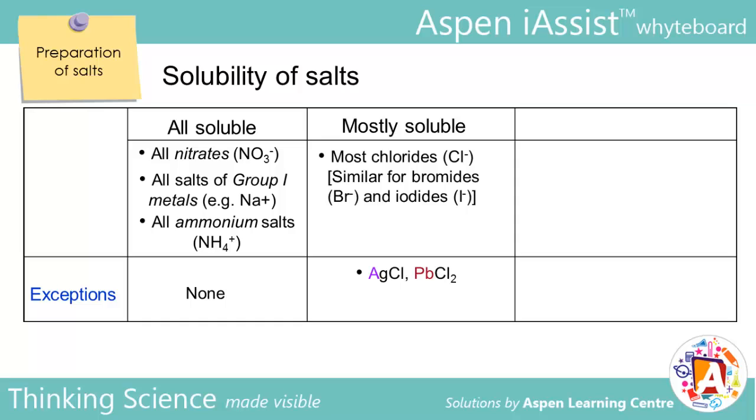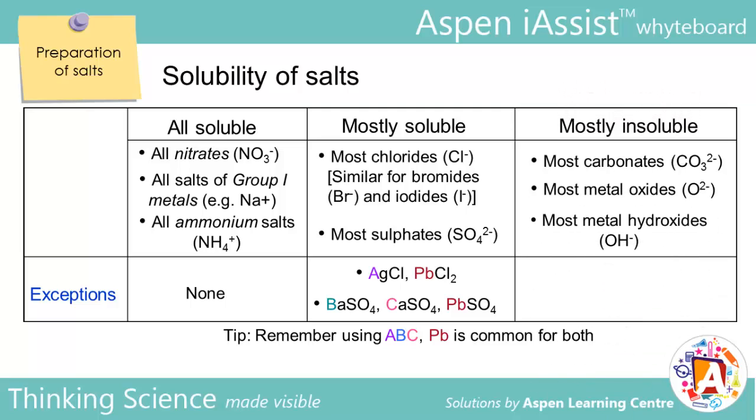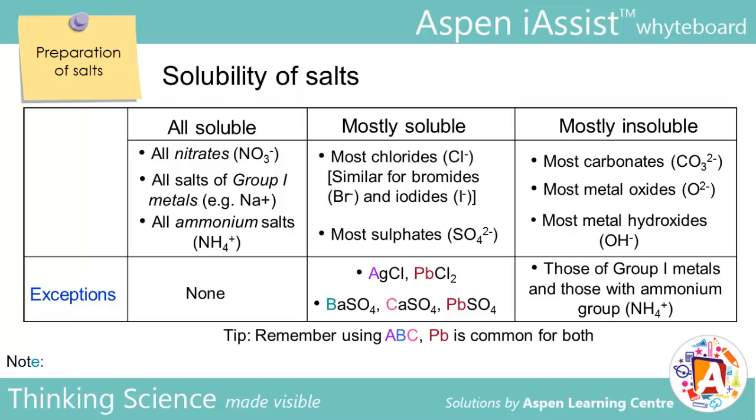A similar trend follows for bromides and iodides. Most sulfates are soluble except for BaSO4, CaSO4 and PbSO4. Most carbonates, metal oxides, and metal hydroxides are insoluble, except those of group 1 metals and those with the ammonium group. Note that although calcium oxide, calcium hydroxides and calcium sulfate are generally insoluble, they become slightly soluble in hot